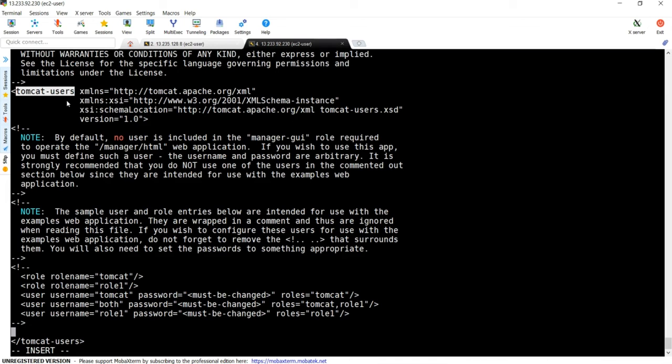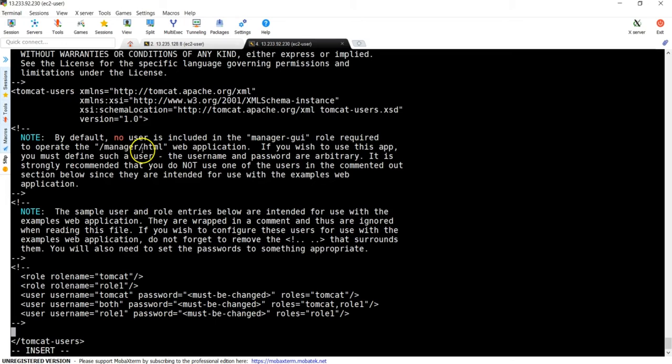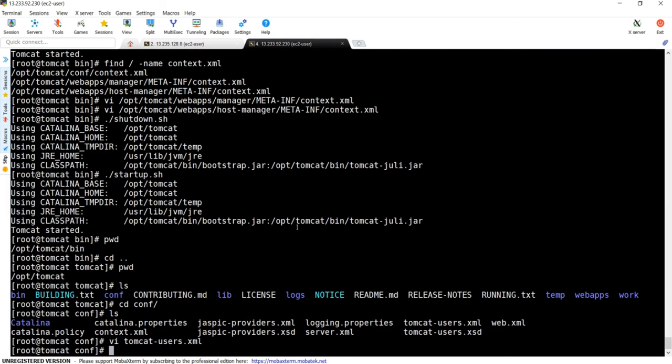So I'm going to insert mode here and copy your users. There may be a chance that sometimes some special characters may get added because I have encountered this issue. So let me remove the spaces again and add it. All right. Now save this file.